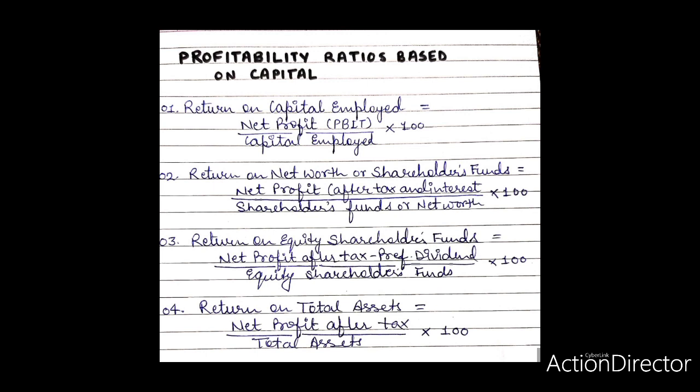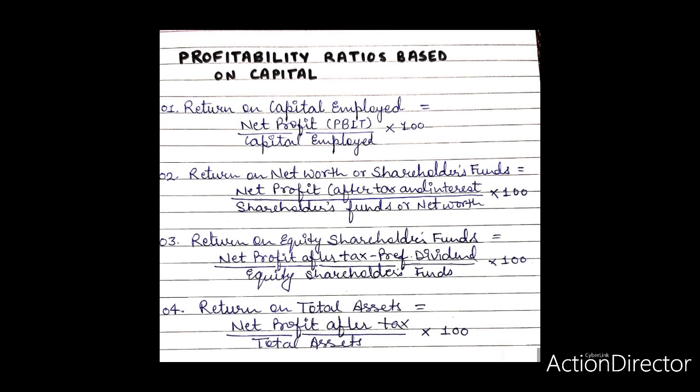The efficiency of an enterprise is judged by the amount of profits, but sometimes the conclusions drawn on the basis of profit to sales ratio may be misleading, as the amount of profit depends to a great extent upon the volume of investment in assets or capital employed in the business. Therefore, the state of efficiency cannot be judged by the volume of profits alone.